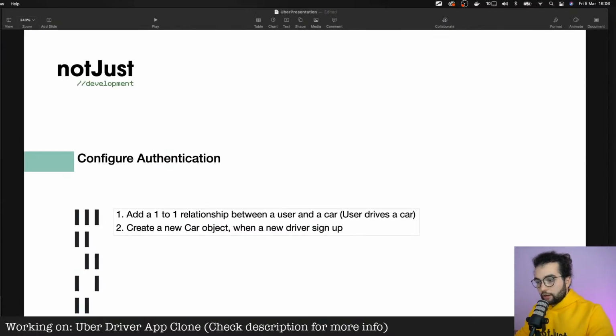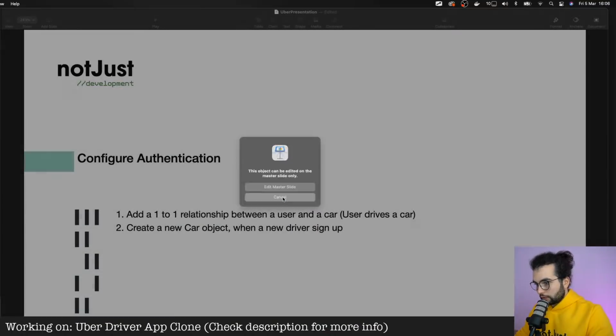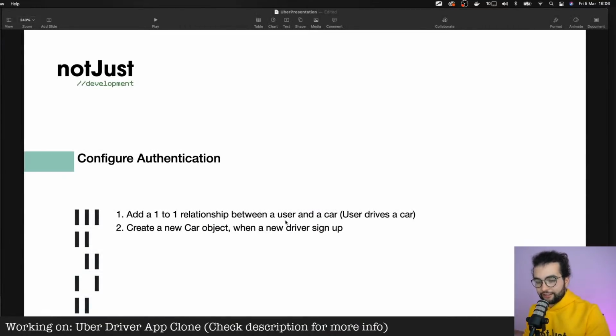All right, so now we have this login set up, and whenever the user logs in to the driver application, we automatically create a new car for him. So the next time, for example, another user goes into the user application, he will see that car on the map.